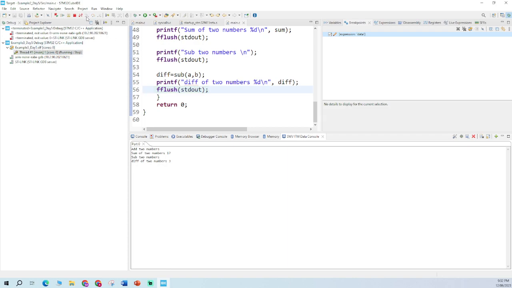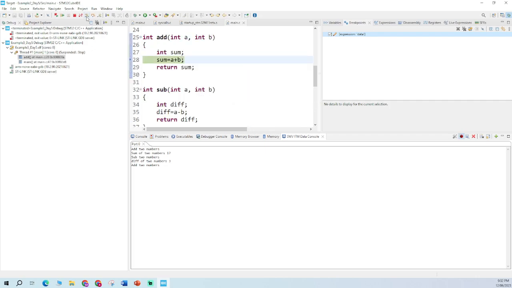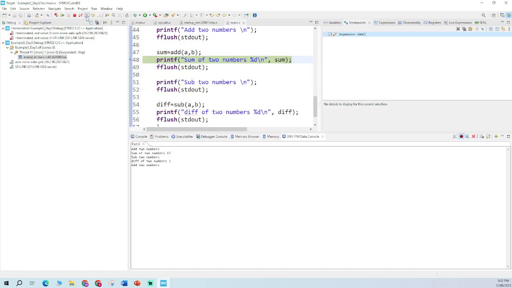So now comes the watch point that I just created. It checks for the variables, it executes the next line, then it goes to the sum, it executes that line, and goes again to the next function, it executes again. So likewise it keeps adding on and keeps going until it hits the